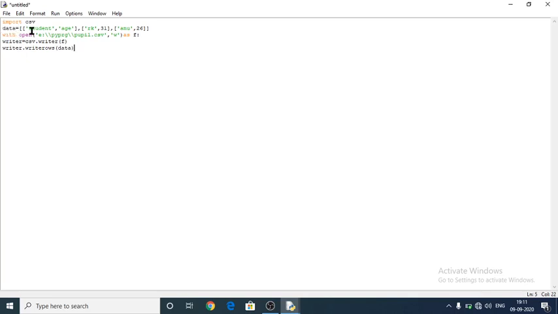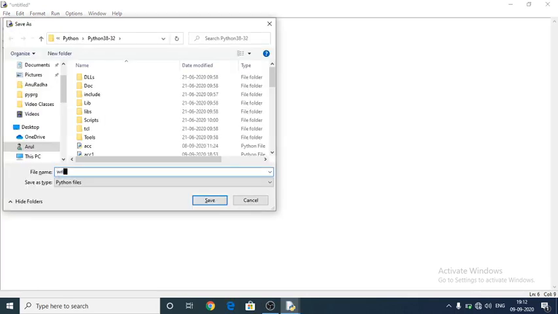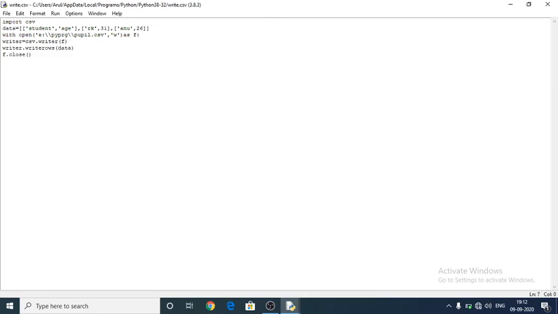Those data variable details have to be written as rows here. So that is what I have mentioned here. Next one is f.close. That should be closed here. Save your file. Here you have to give write.csv. Again run your program.